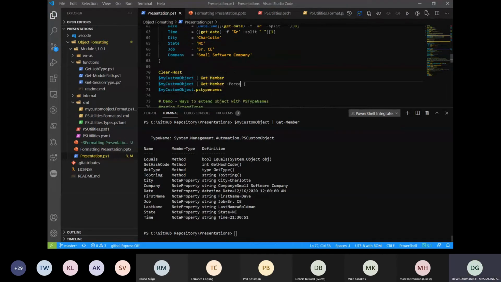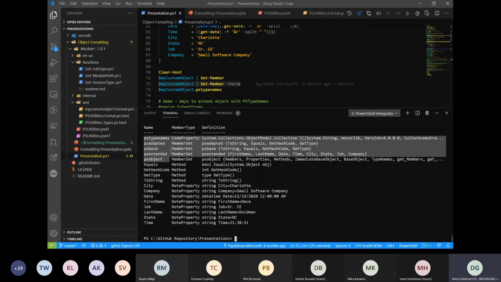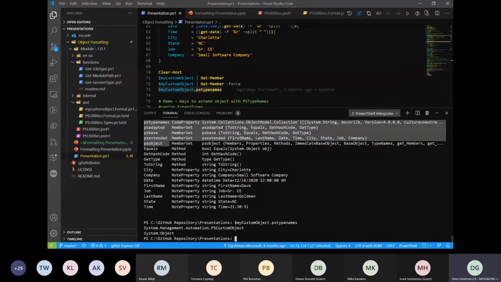Now, if I use the force command, as I did earlier, you'll start to see those PS type names, the extended. You'll notice that there is no default display property set as there was on the Get-Process. And there's a reason for that, because I just created this as a custom object, very basic, and I'm going to dump out the PS type names. I can see that this was a .NET object, and I've extended it, which becomes a PS custom object because I have just added some notes to it.